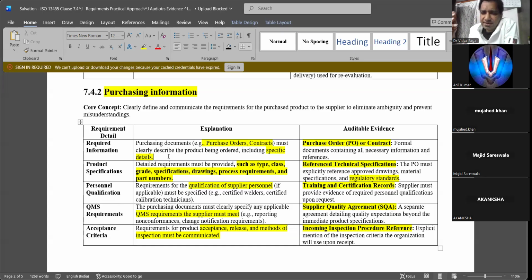Give them some numerical or alphanumerical codes, and we record so and so code, and what is the material supply. Some companies do that also. So you should be very particular about the purchase order. You need to verify twice or thrice whether everything is being ordered. So the auditable evidence is the purchase order, and all necessary information that is there.